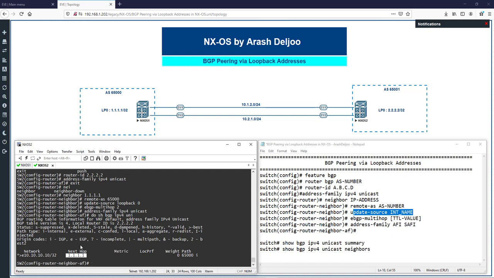This is the neighborship between two loopback addresses in NX-OS. It's very similar to the configuration of the neighborship between loopback interfaces in IOS, but we have a little difference. The difference is, for example, configuring update source and also eBGP multi-hop under the neighbor context. Okay, in IOS we should use